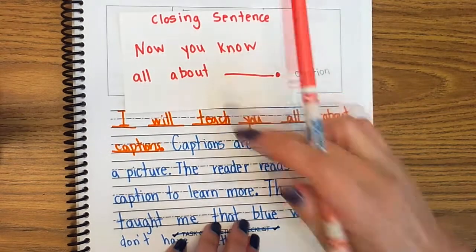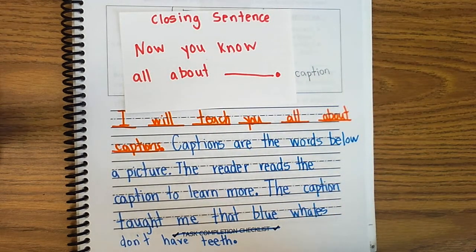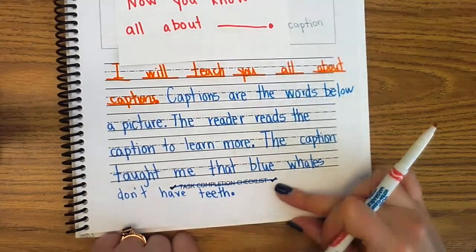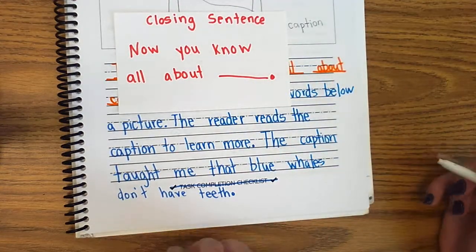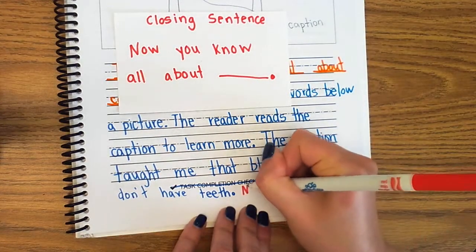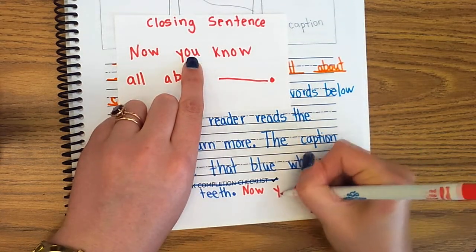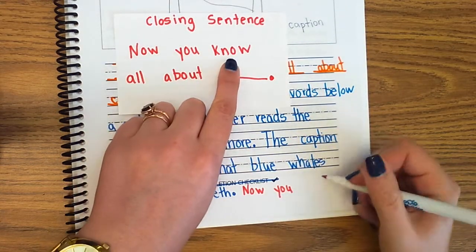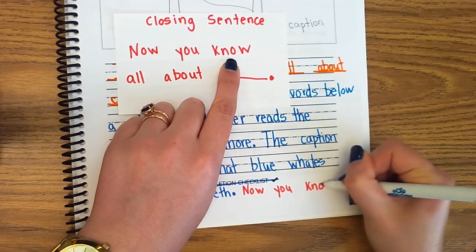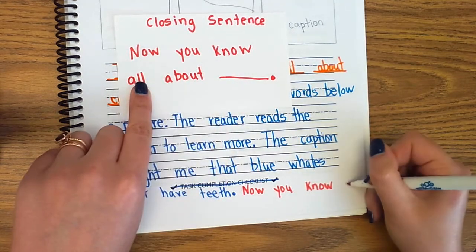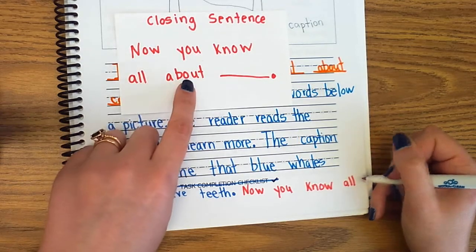Here we go. We're just going to copy our sentence starter. If you're running out of space, that's okay. We're just going to squeeze it onto the bottom, or you can flip over to the back of your paper. Now you, Y-O-U spells you, know, all, about